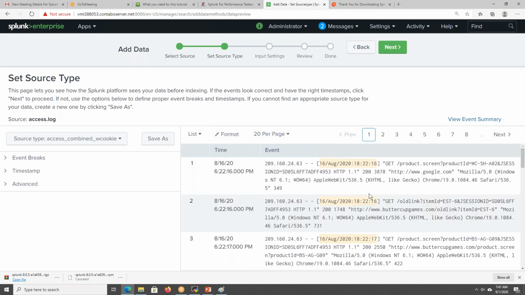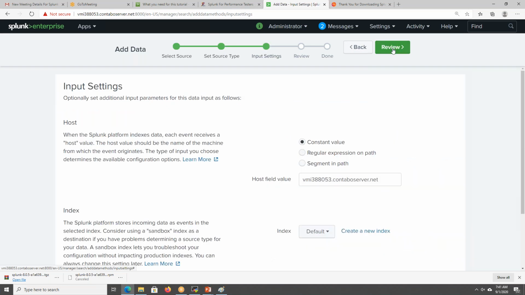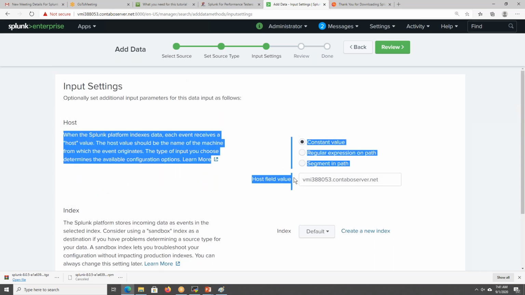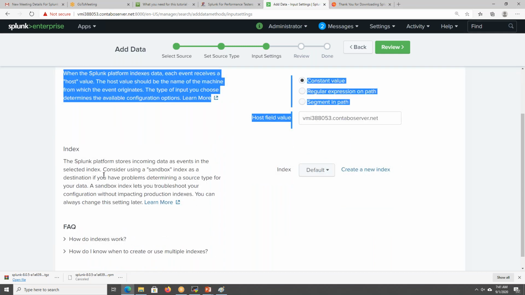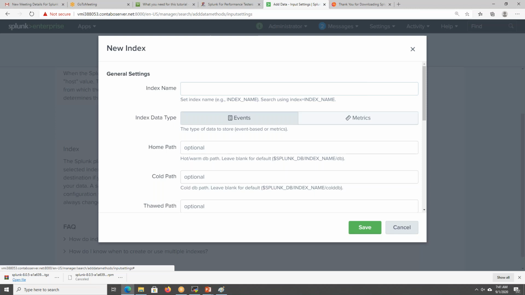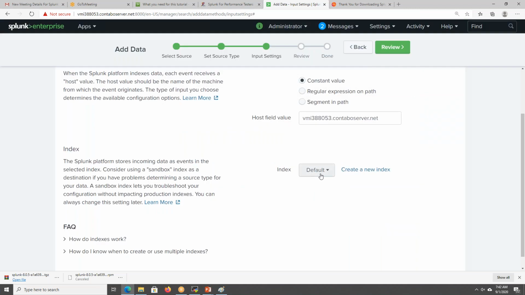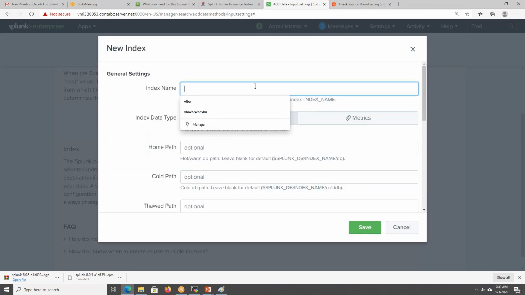It will show you a preview of the sample logs that are getting created. These are the log snippets. Now this is the input settings. In the input settings, it will get the host name out of that field. As I mentioned previously, its data will be stored in an index. For this I will be creating a new index. There will be some default indexes present. I will show those, but now I will create one new index, app1.